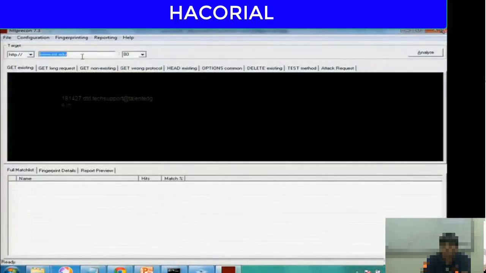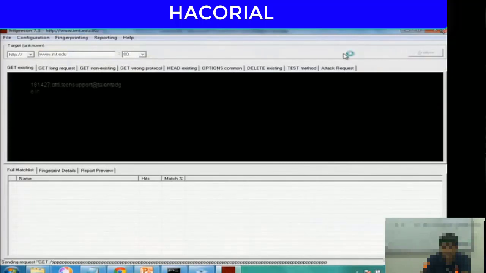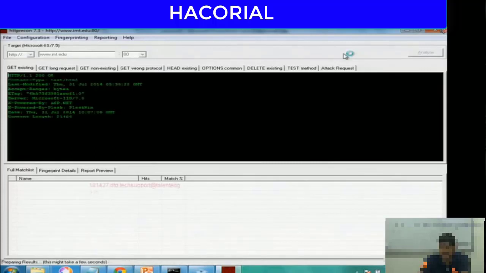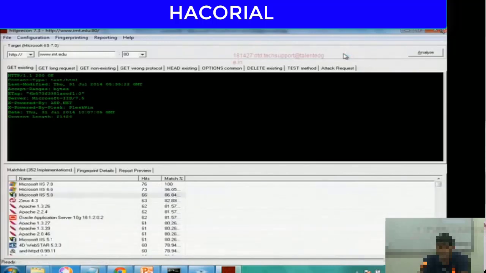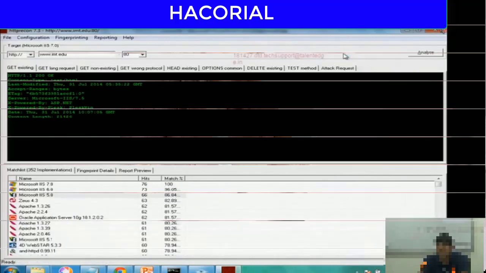So I type the website address here, imt.edu, and the port number 80, click on analyze. It will basically keep sending a bunch of HTTP commands. HTTP commands are basically commands that are used to request web pages from a remote system or a remote web server. And whenever the remote system in which